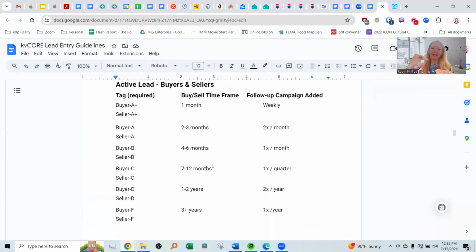Now, if they're coming directly into KVCore, then they should be switched from a new lead to a prospect, and they stay prospect until such time as you reach them, which is all in this guide. When you reach them, then they become an active lead, and then that active lead is tagged with the correct follow-up campaign. But when they come in as a new lead into KVCore,